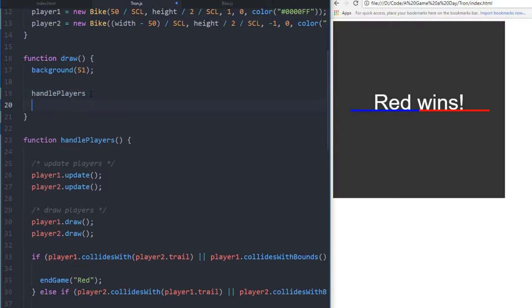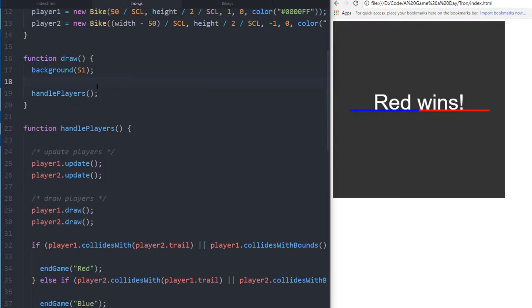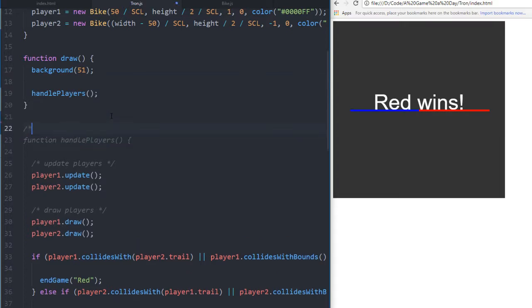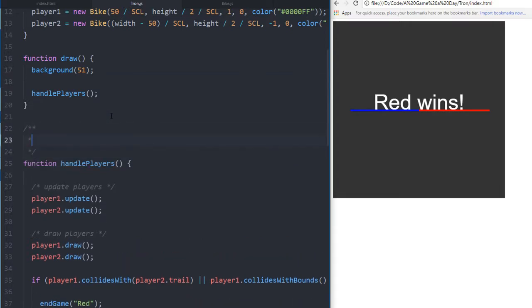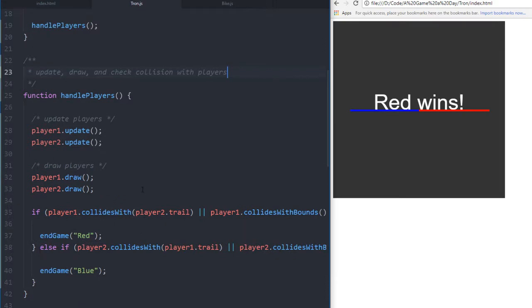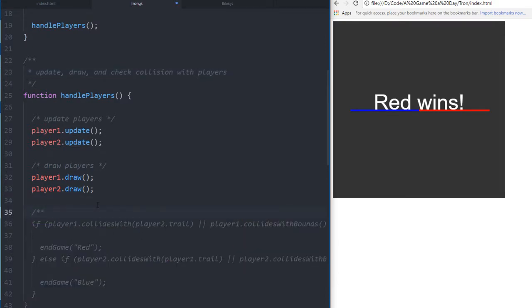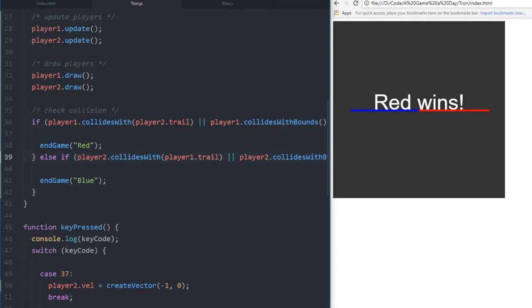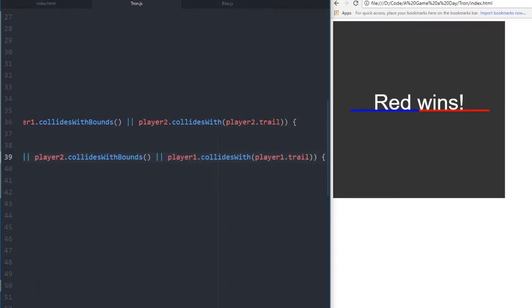Say handle players. Obviously we are handling the players. We update, draw, and check collision with players. There we go. So here we are checking collision. Check. Want to keep the verbs correct. Okay. So if we collide,